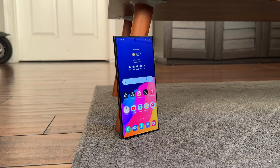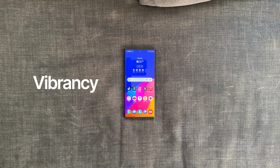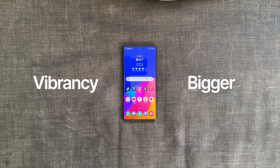Now, when it comes to display, this might sound crazy when you hear it, but Samsung is the only company where their last generation smartphone is still considered to have one of the best displays in the market. Even compared to the latest iPhone 15 Pro Max or the Pixel 8 Pro, the S23 Ultra still has more vibrancy, it's still bigger with less bezels, and it still kicks both of their